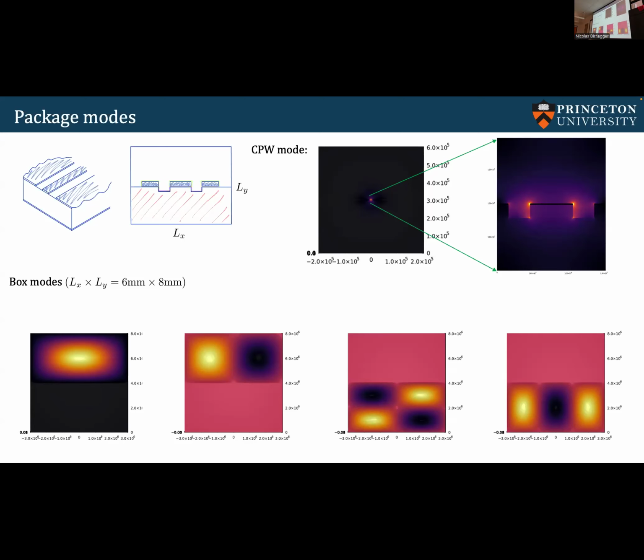And that's the field profile. If you want to compute the modes of this box that contains a coplanar waveguide, this is how it looks. These are the package modes, the modes of the box, and this is the waveguide mode, so to speak. And you have the waveguide placed right here and here. So you can already see that in cases where there's a node or a maximum in the profile of your box mode that overlaps with the location where you put your coplanar waveguide,